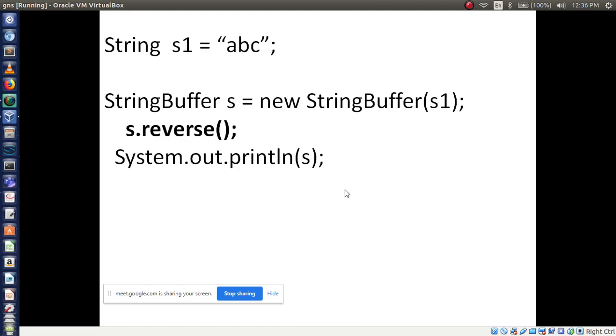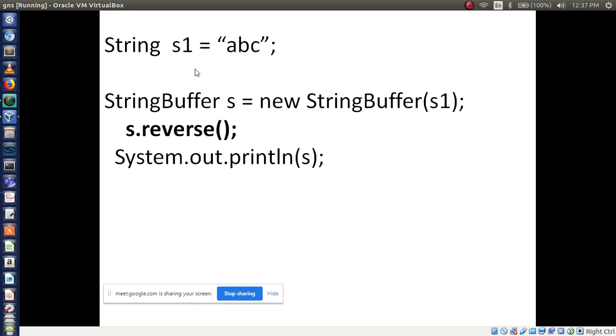Okay. Now here, which method am I using in this example? Reverse method. Okay. Now first I am declaring one variable with the help of String, reference variable S1. I am assigning the value ABC.